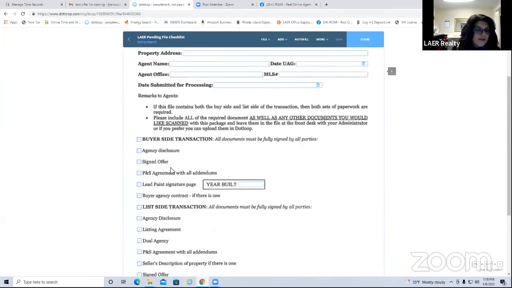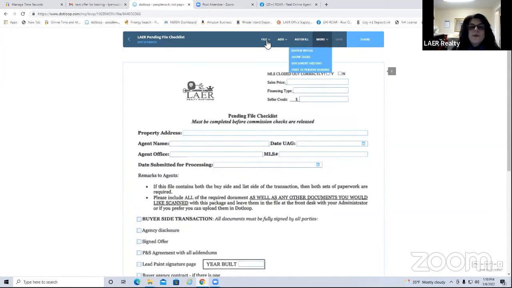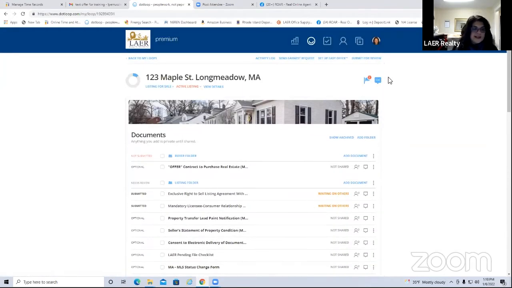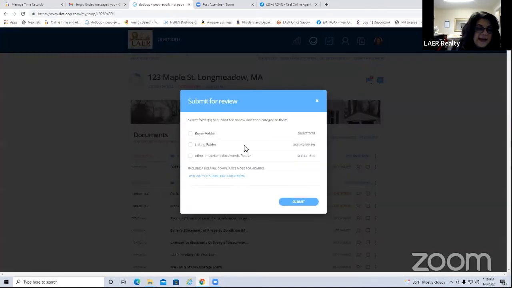So if you check all of these and you know you have it, then what I would do is now you're ready to submit to the Dotloop team. Hey, I'm having a closing. Please review my documents. So you're going to hit the submit for review. And here it is telling you,